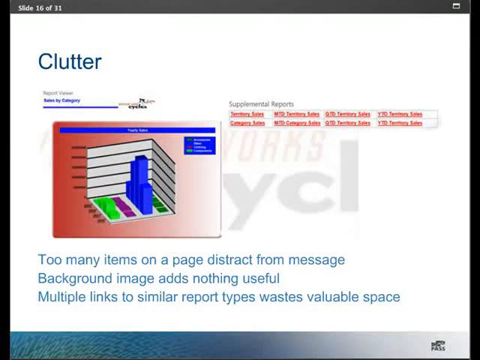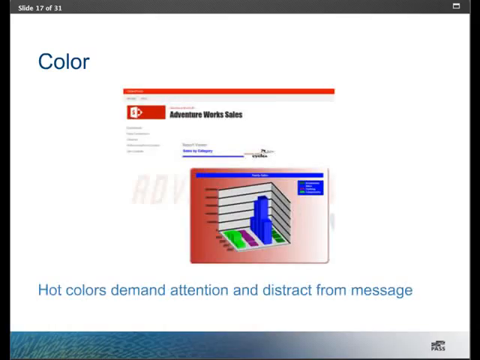So earlier, I called out purposely emphasizing information by using color. But now the focus is simply on the use of color in general, so it's important to choose colors correctly. Certain colors, like red, are considered hot colors, and they really should be avoided. These are colors that are demanding your attention. Your eye can't help it. It's just, look at me, and it's distracting from the message that you're trying to communicate. On the other hand, if there's something that really needs attention, then the color red would be a good thing to use in that context. So you have to be careful and picky about what colors are going to be used.